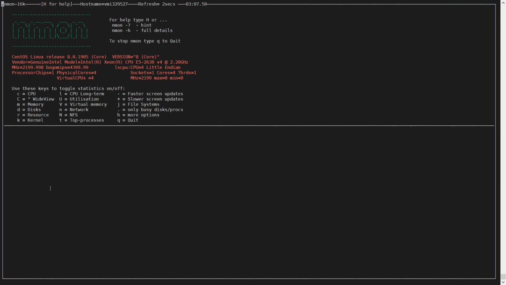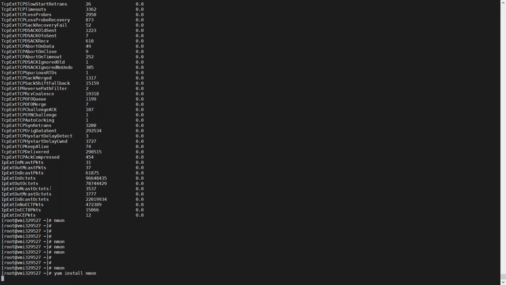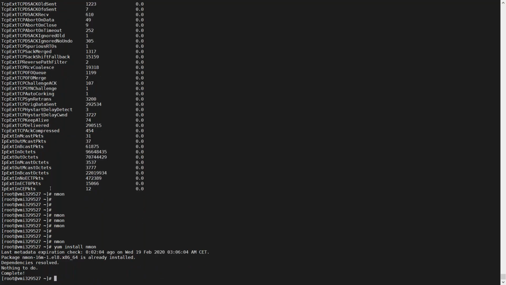You have different processes for installing this nmon utility, but the simple command is yum install. Whatever you install in Linux, you use the yum command. If you type yum install nmon, it will call that package and install the nmon utility. If you check the message now, you see something called nothing to do because I have already installed this nmon utility. The simple yum install nmon will install the nmon utility. And if you want to, for example,